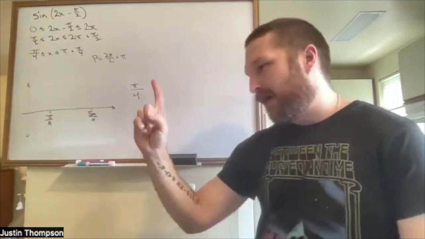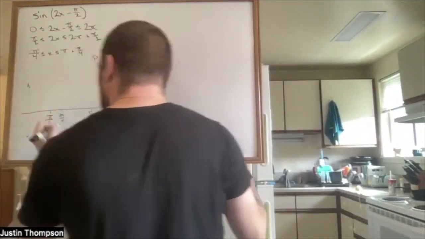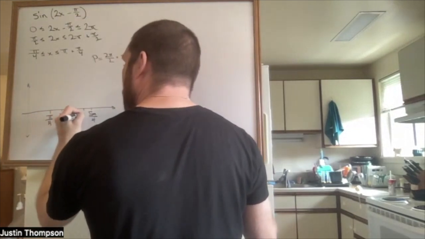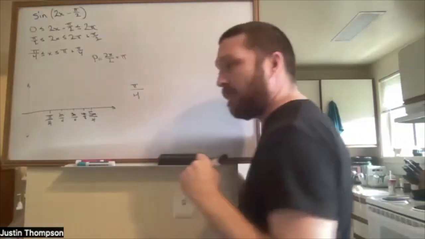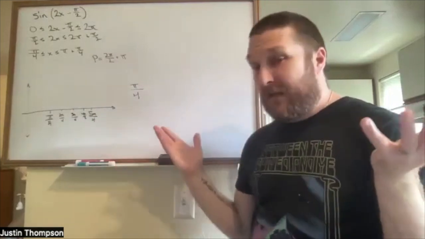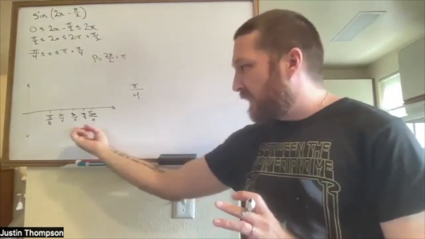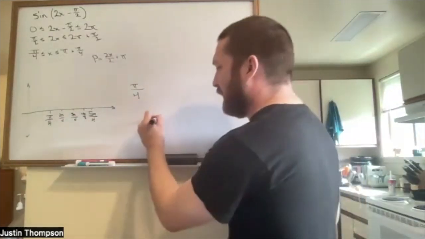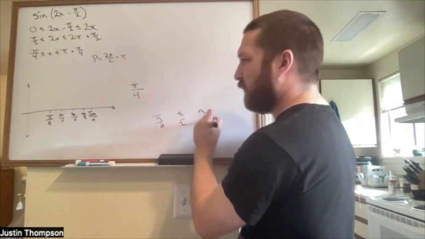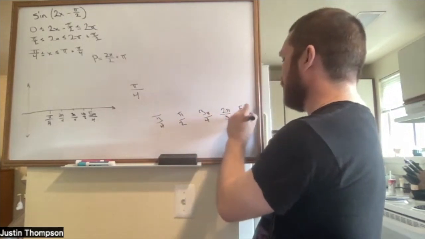Now I'm going to count by pi's over 4. Starting at 1 pi over 4, I go over to 2 pi over 4, 3 pi over 4, 4 pi over 4. And remember, I said don't bother reducing these. That's just a waste of time. This is nice to be able to see that you've done everything right. If you've reduced it and you've done pi over 4, pi over 2, 3 pi over 4, pi, 5 pi over 4, if you went ahead and reduced it,